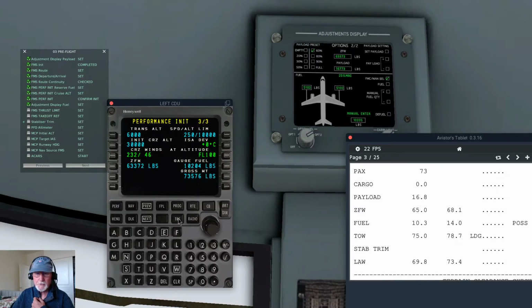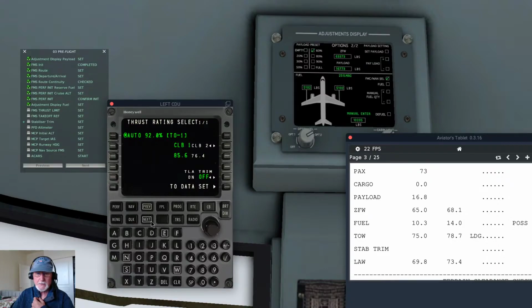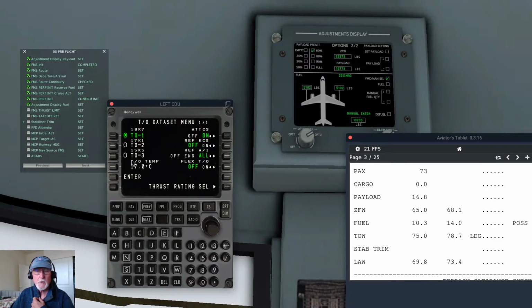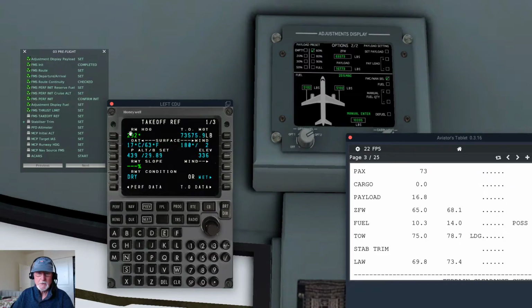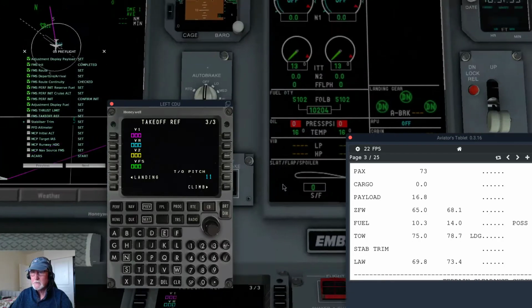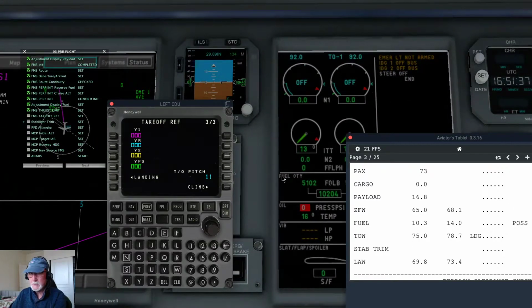Now, for the thrust, the last flight that we did, we were taking off in Reno, and we went to takeoff 2. Let's go ahead and leave it at takeoff 1 and have a little bit more power when taking off. So we'll leave that as default. Now we go back to perf and go to takeoff ref. This looks good. We're going to do our 2 for flaps. All right, now